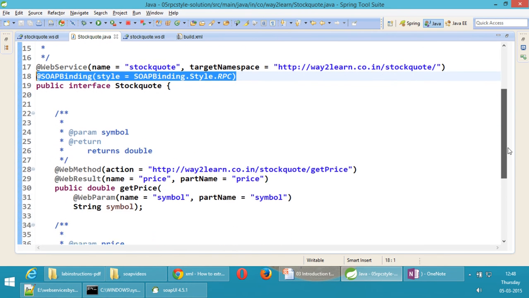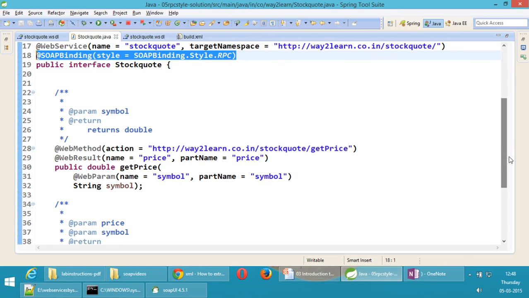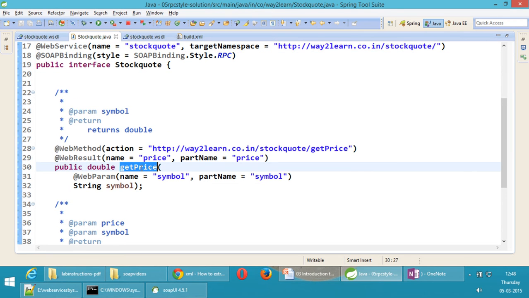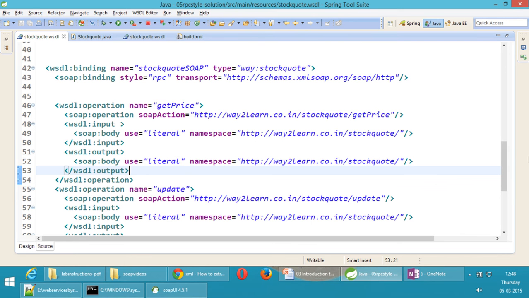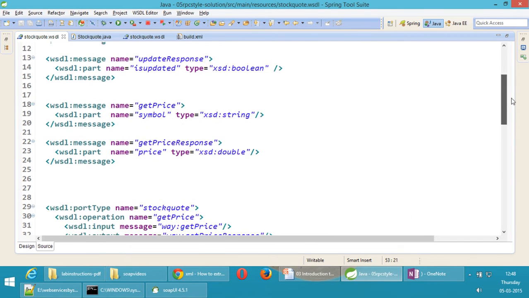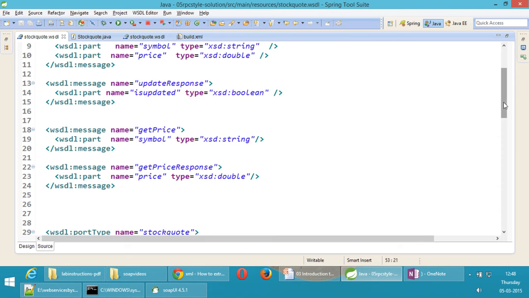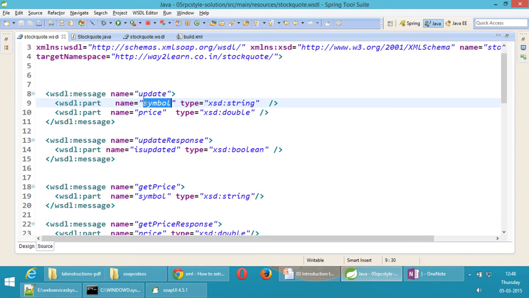Then inside your method, here for this method argument, what is the part name? Part name in WSDL is same as the part name whatever we are giving. This is the WSDL part name, right?